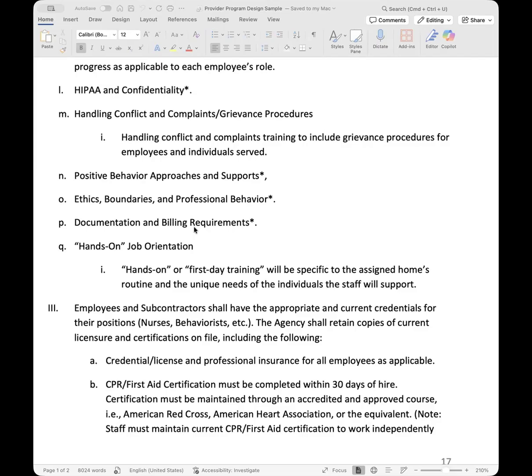It's between $2,000 and $5,000 for the training, depending on the severity of the behaviors you're going to be supporting. So it's a very costly training, which is why I say just train one person and then they come and train everybody else.